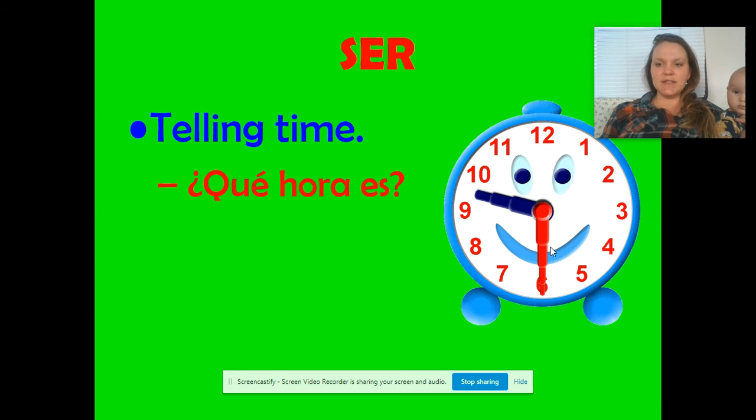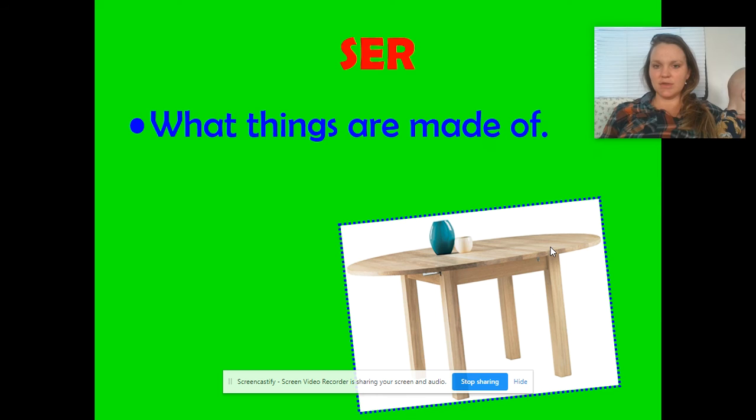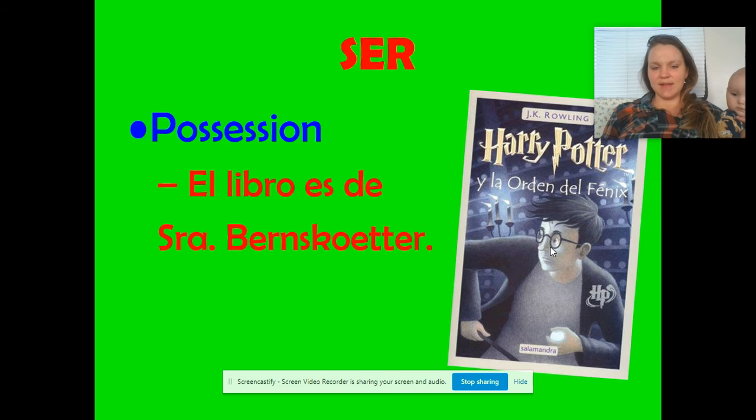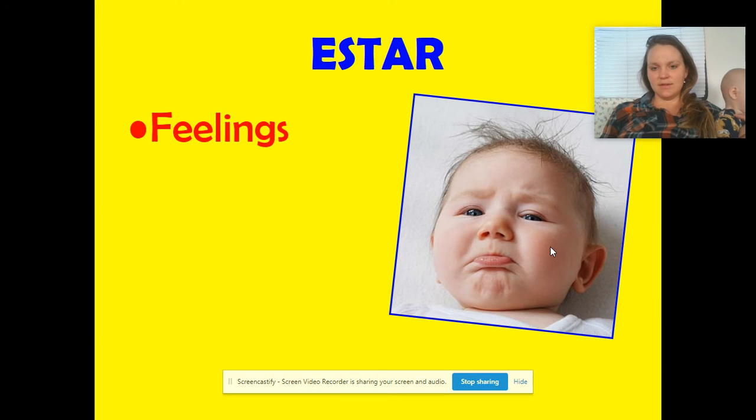So, when you're wanting to use the verb to be for telling time, dates, identifying things, personality, physical descriptions, always use ser. What things are made out of? La mesa es de madera. Possessions. El libro es de señora. Okay, so